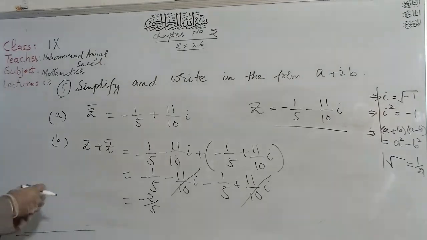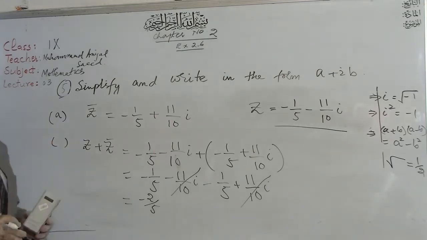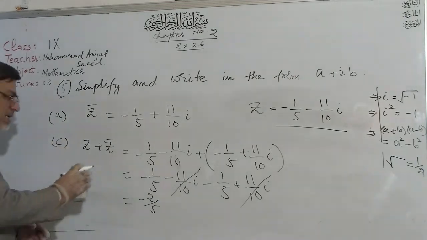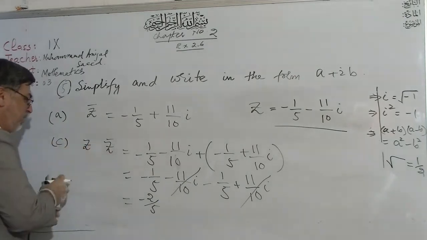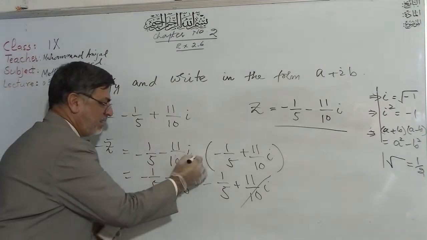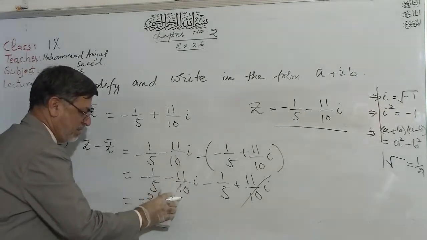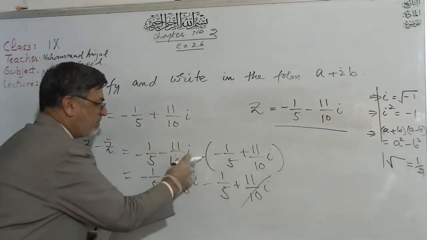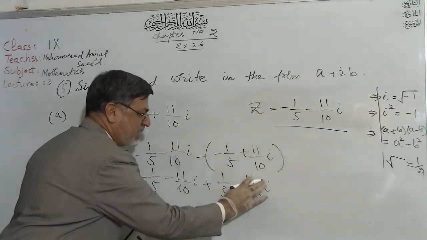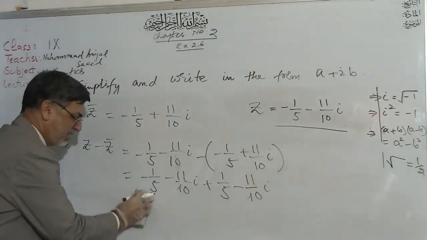After that, for the C part, I am going to do it, but you cannot do it. You have to write it down again. Z minus Z bar. I am changing the sign here only. This is C. Here is minus. Minus minus plus, and plus minus minus here. This will not be cancelled out. You can see